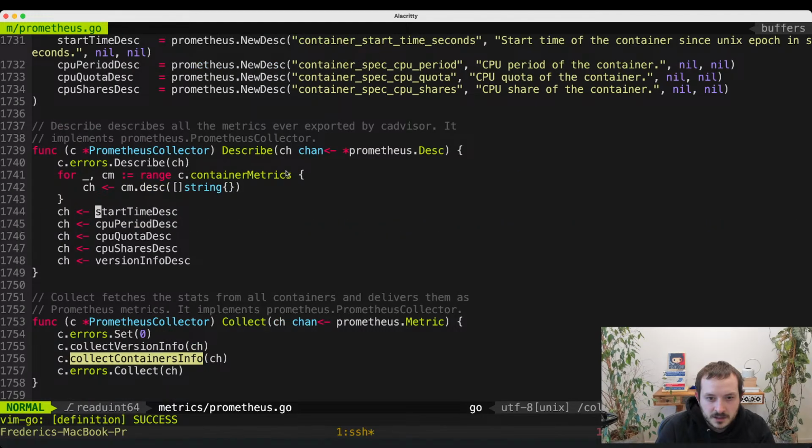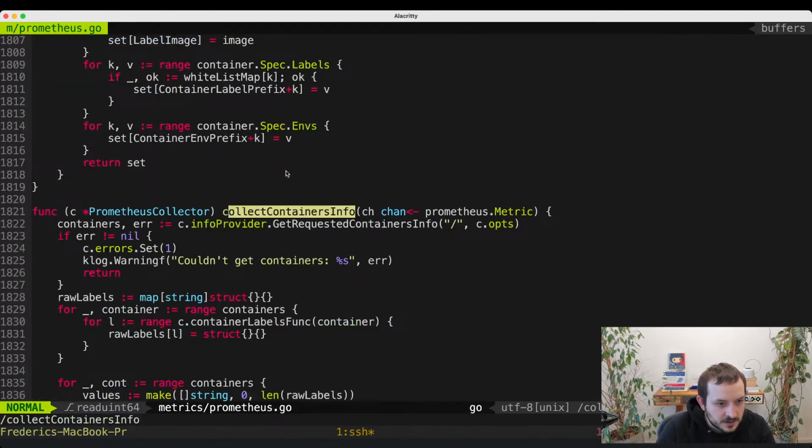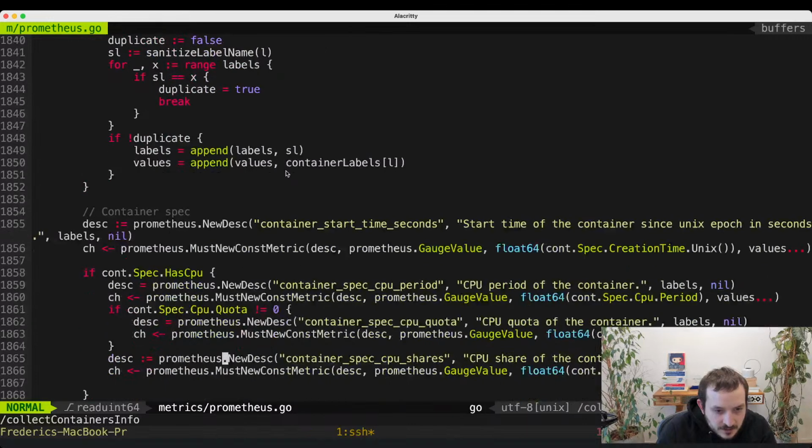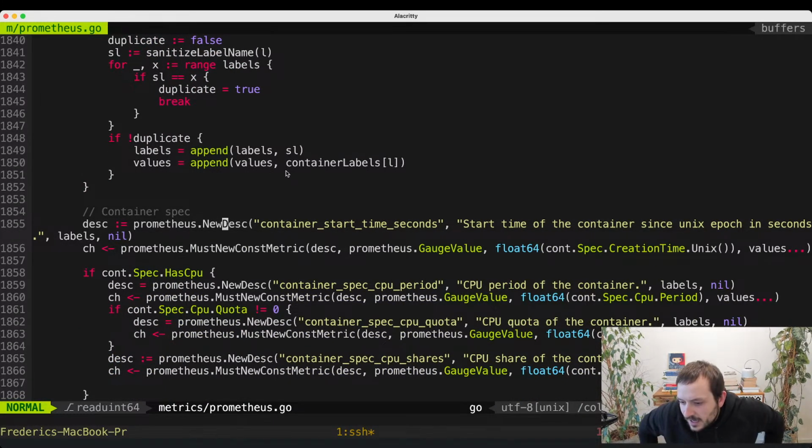Container start time seconds, is that one of those that we then set there? Yes, container start time seconds. Okay, so I think that is going to work. We basically check, we outside